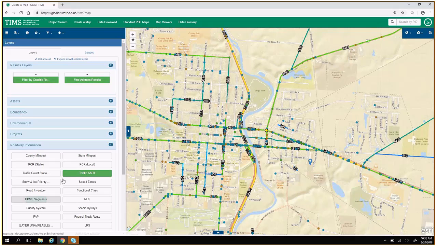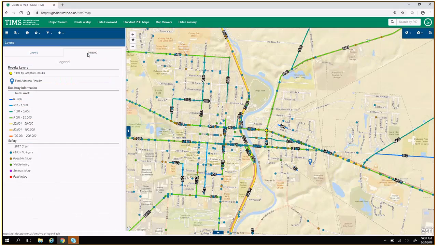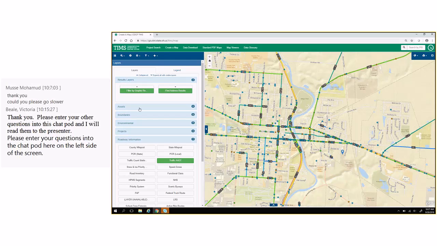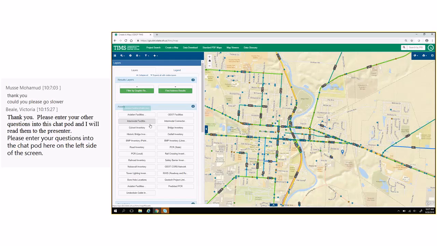You know what I forgot is to show you the legend. As you select layers in the Layers tab, you can switch over to the legend view. And it's dynamic and will show you what the symbols represent for all of the layers. So that's very useful. And let's even go back to some of these assets